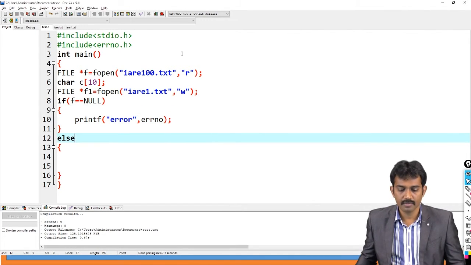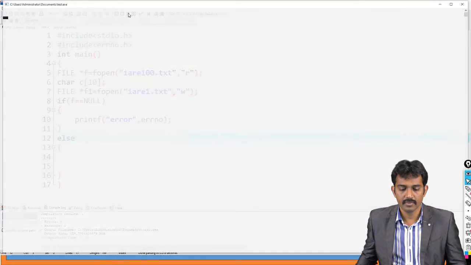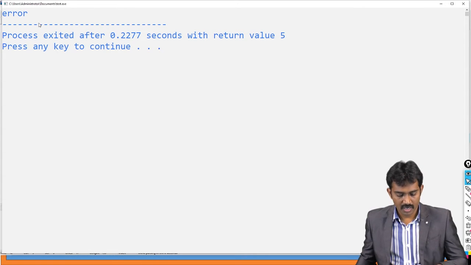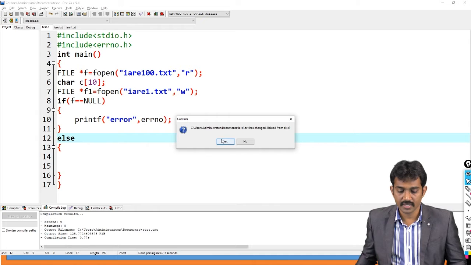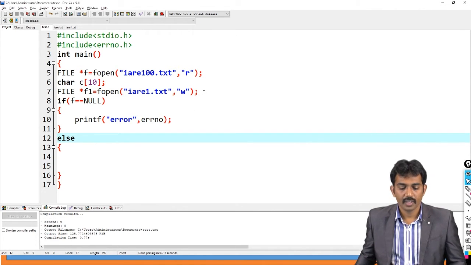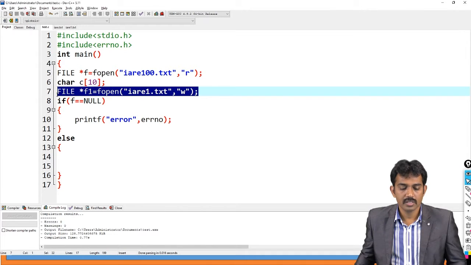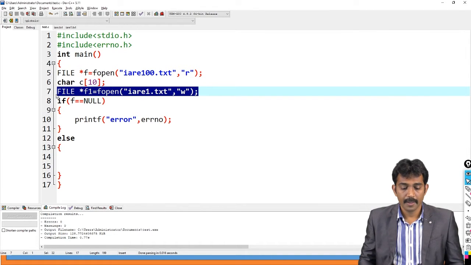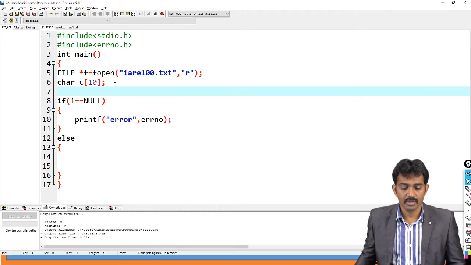If you run this code, you see the error number, which says it's not available.